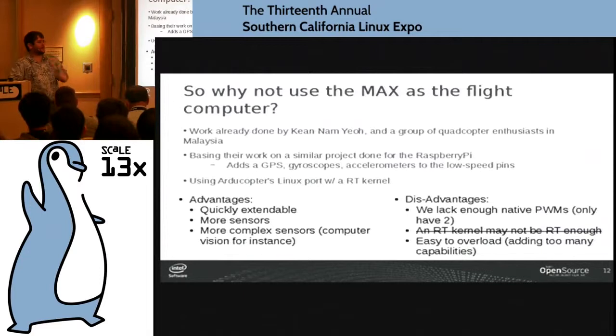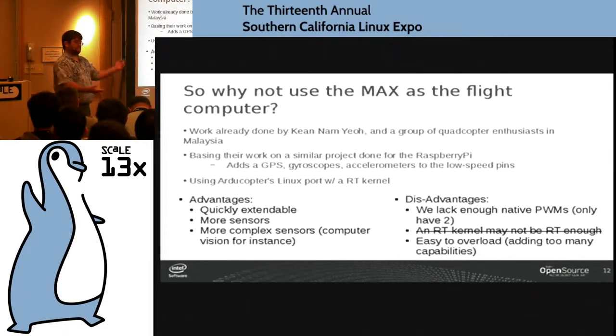The numbers I have seen from people testing say that if you can get a signal of about 50 kilohertz, which is kind of ridiculous when you've got a 1.3 gigahertz CPU, going any faster than that for twiddling your motors is pointless. So, yes, an RT kernel is RT enough for flight,